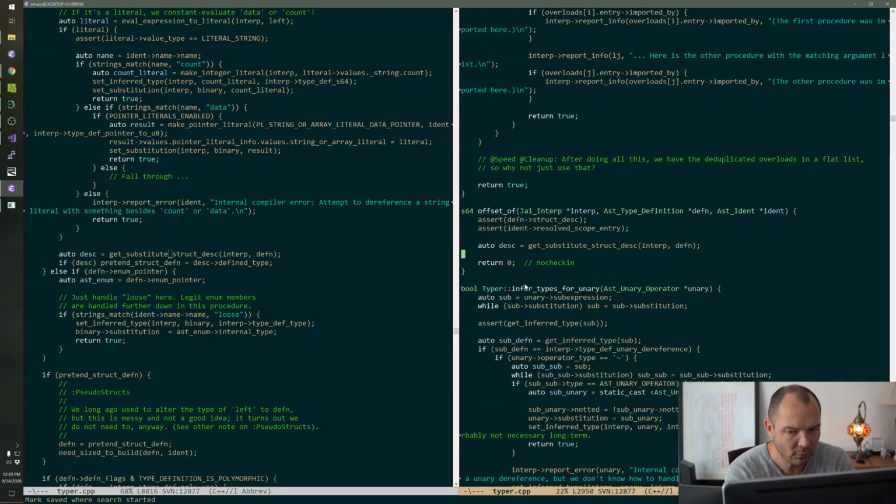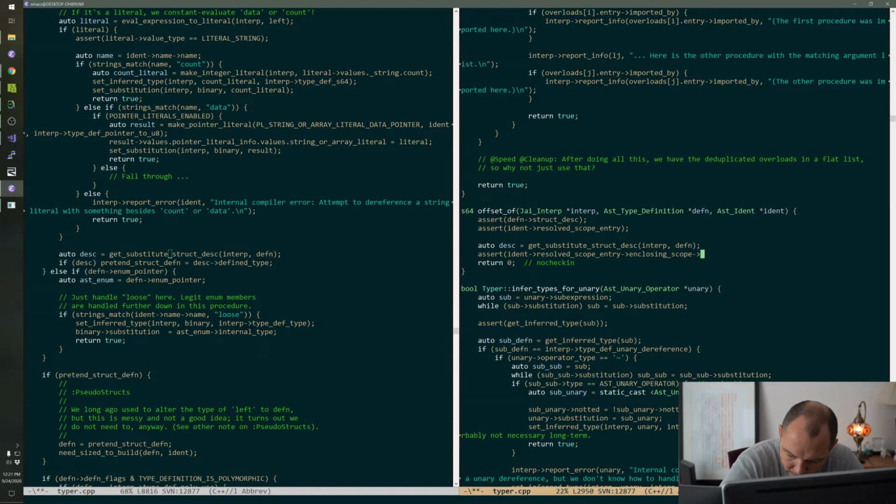Or actually, we don't need that. Ident resolved scope entry and enclosing scope. Actually, what I was about to assert was not really true.